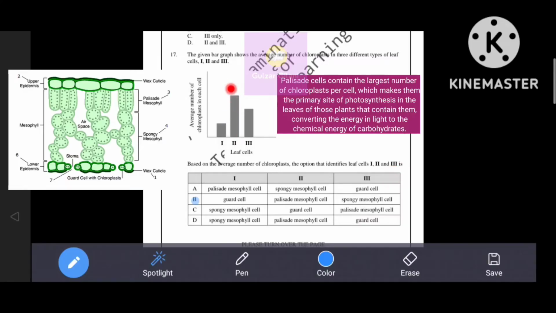Means 2 is palisade mesophyll cell. उससे कम होते हैं स्पंजी मेसोफिल सेल में और सबसे कम गार्ड सेल में, जो ऑप्शन B रिप्रेजेंट कर रहा है, दैट्स वाई ऑप्शन B इज द करेक्ट आंसर।